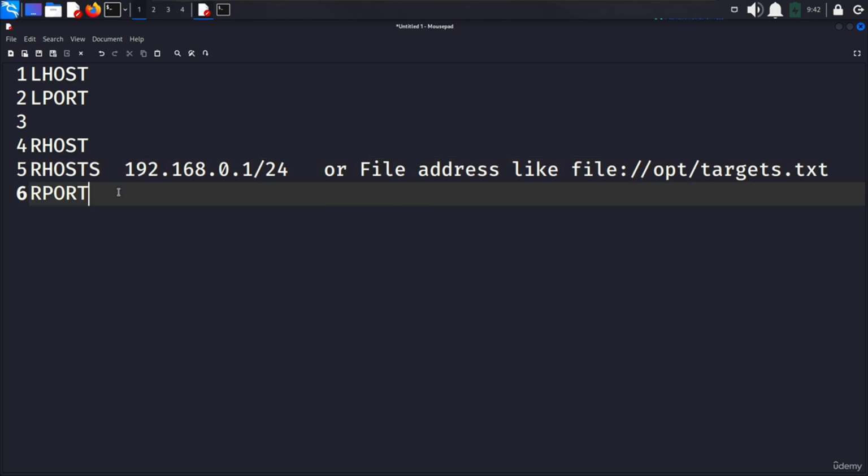And lastly, we have RPORT here, which is the remote port. This variable specifies the port number on the target system that we plan to attack or exploit. For example, if we are exploiting an FTP vulnerability, RPORT will be set to 21, which is the port for the FTP protocol. Now that we have explored these variables, let's look at some common commands for assigning values